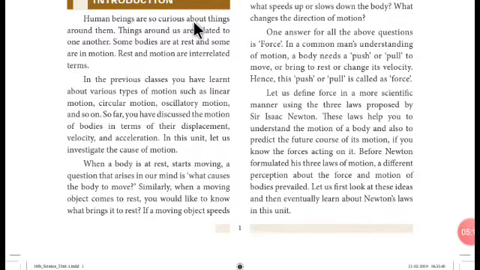Human beings are also curious about things around them. Things around us are related to one another. Some bodies are at rest and some are in motion. Rest and motion are interrelated. Okay,